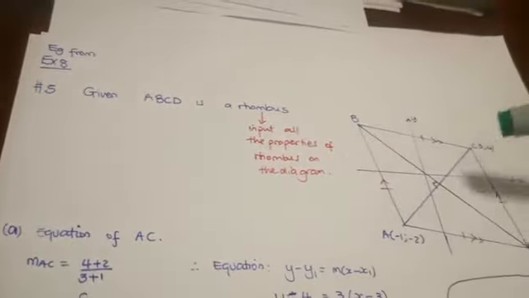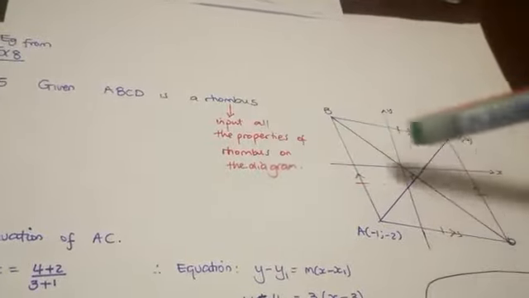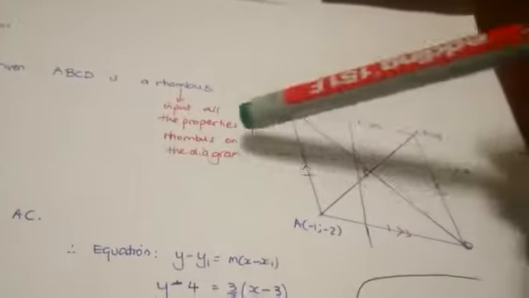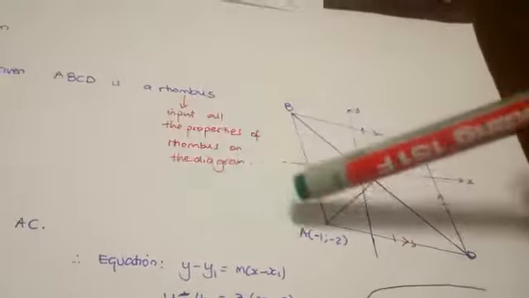Okay, I did number 5. We are given that ABC is a rhombus. So as soon as the question says this, input all the properties that you know on the question. So this was given to me in blue. So now I've inputted the